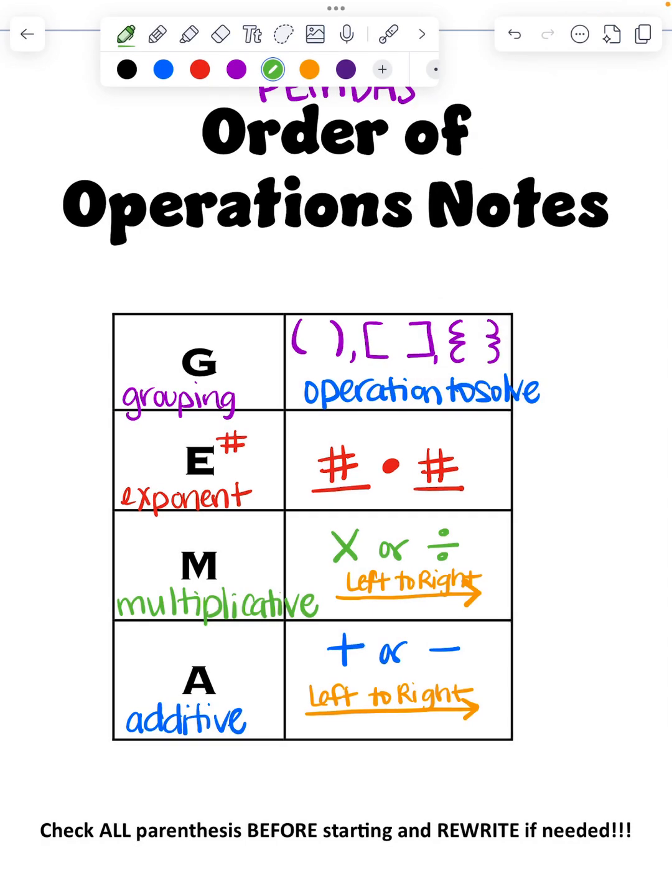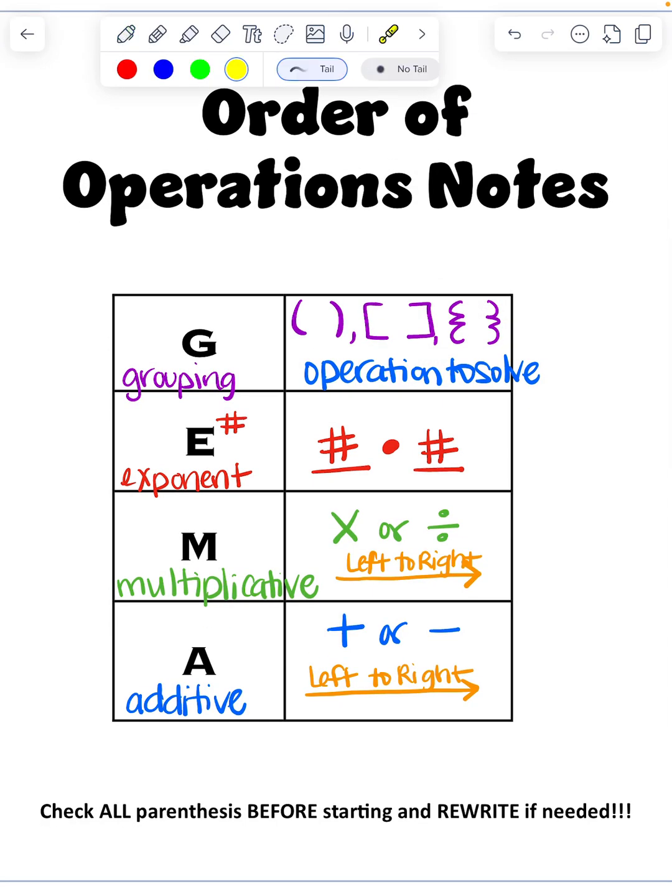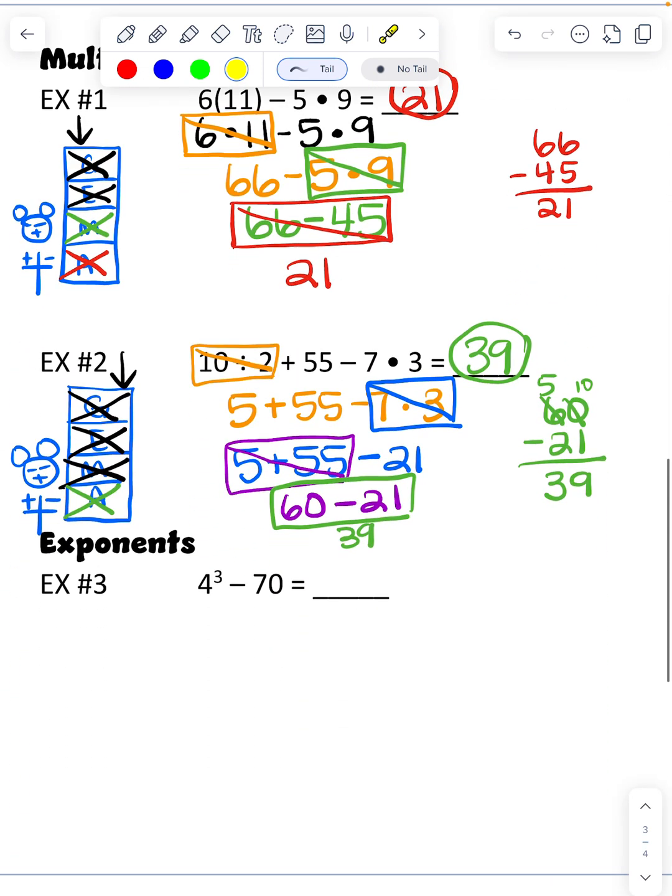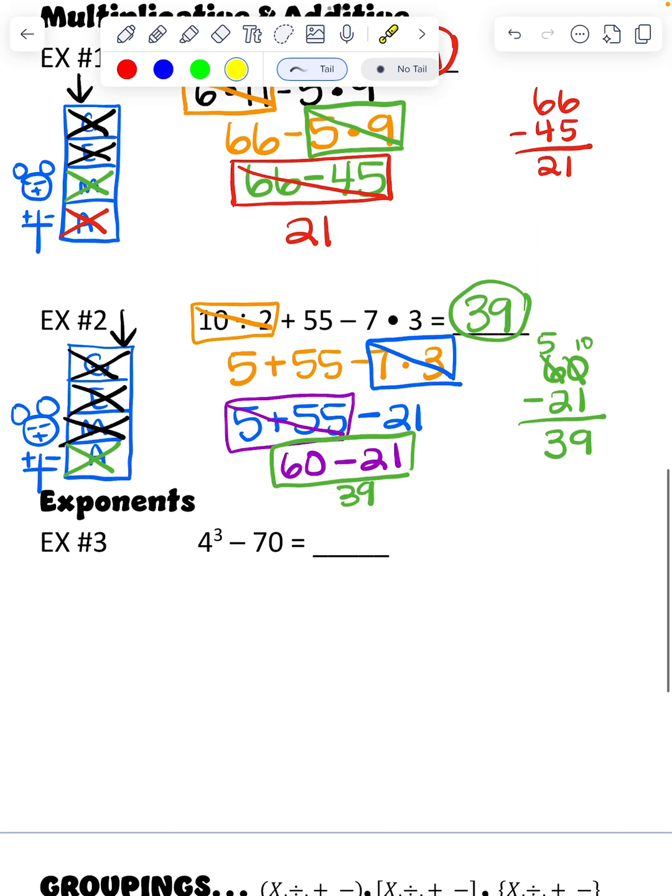All right, today we're going to add in our exponents section. Now that we understand what an exponent is, we're going to add those into our order of operations problems. So if you'll go to your second page and find the exponents section, you can see that I have an exponent and some subtraction. So we are going to show how we would use our GEMA tower to solve this